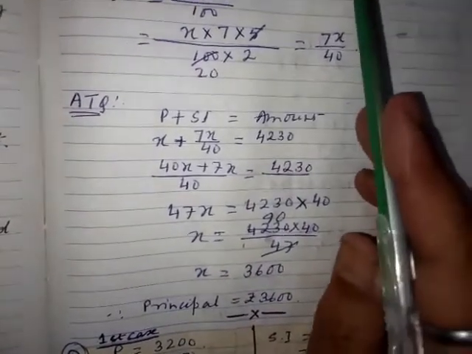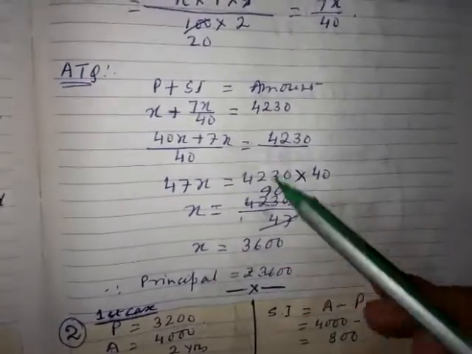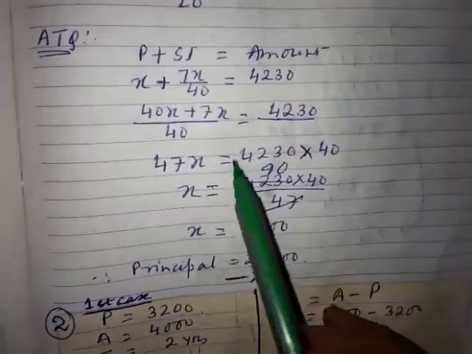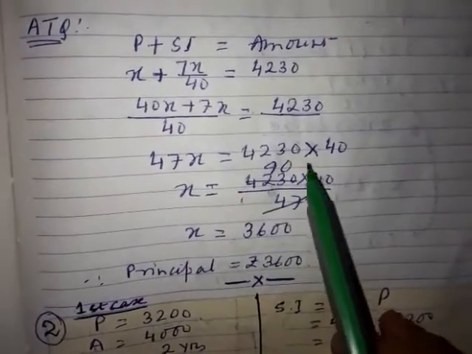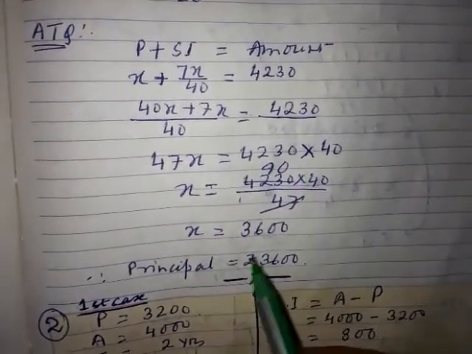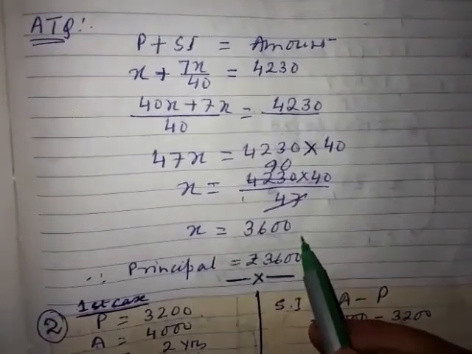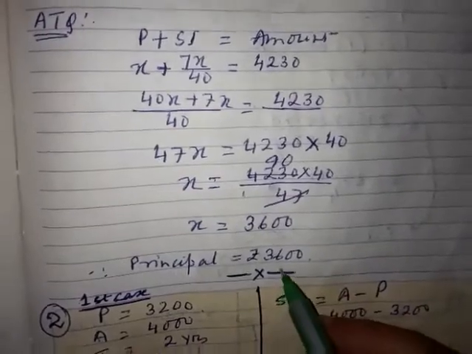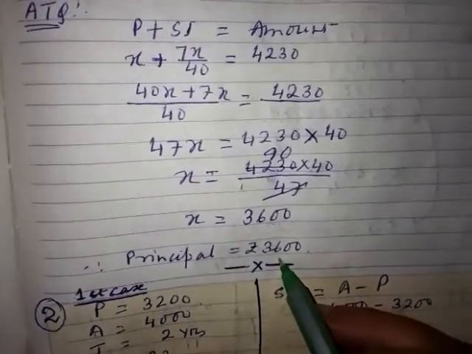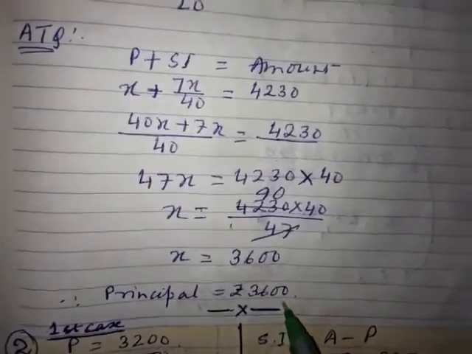I told you, if you write it, it will be very easy for you. Principal is already there. SI you calculated, and the amount. Now after that, you do the simplifications. You know how to do the addition, subtraction and cross multiplication. After doing the calculations, you are going to get the value of x equal to 3600. And what is x? X is the principal. So the question says, what sum of money? Means what is the principal? Will you be able to find out that the principal is equal to 3600 or not?